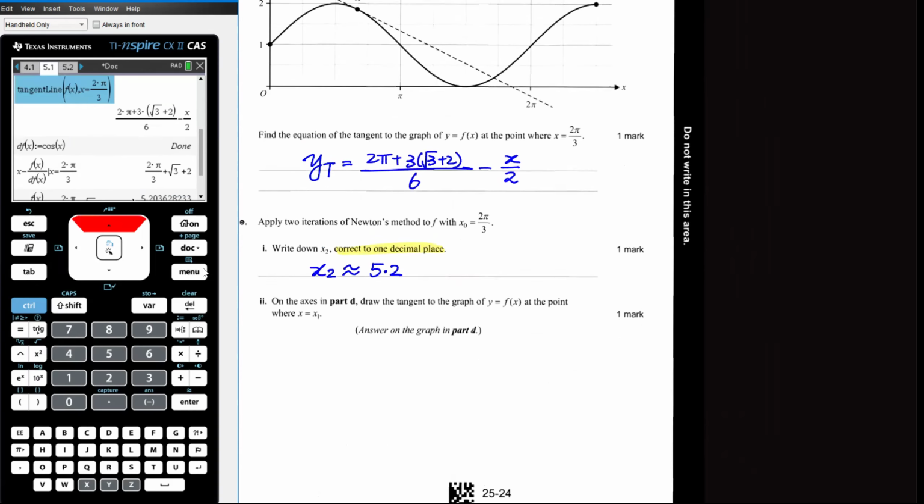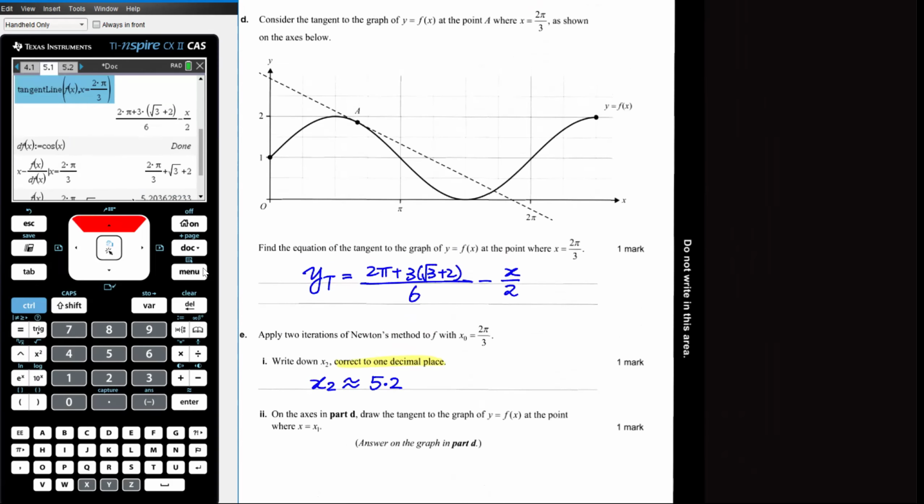On the axis in part D, sketch the tangent at the point x equals to x1. So x naught equals to 2 pi over 3. And this is x1 equals to 2 pi plus root 3 plus 2. Then the tangent at this point, you map this point back here